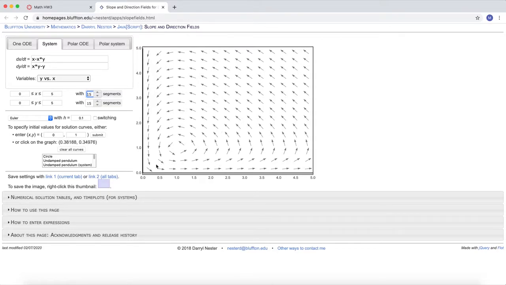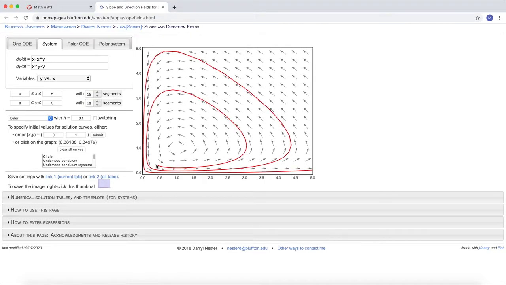There's the phase plane, also known as the vector field, laid on top of the state space. And if I click somewhere, ooh, there's a trajectory, but you know what? That doesn't really look like what I thought it was supposed to be. I thought it was supposed to be a closed loop. And here I see this open loop getting away from me. So what's going on? Who's wrong here?